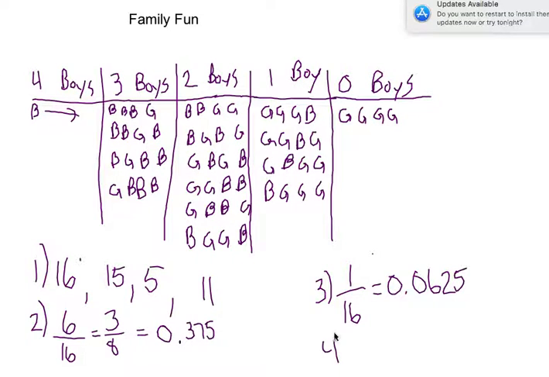Number 4, what's the probability that the oldest child is a boy? Okay. So the oldest child is a boy is going to be ones where B is the last letter. So we have 1, 2, 3, 4, 5, 6, 7, 8. 8 out of 16, which is 1/2. Guess what? Just think about it. The probability your oldest child is a boy or a girl. Okay? Well, your oldest child has to be either boy or girl. So 50-50 chance, disregarding any other type of reason why you can make a kid a boy or girl.